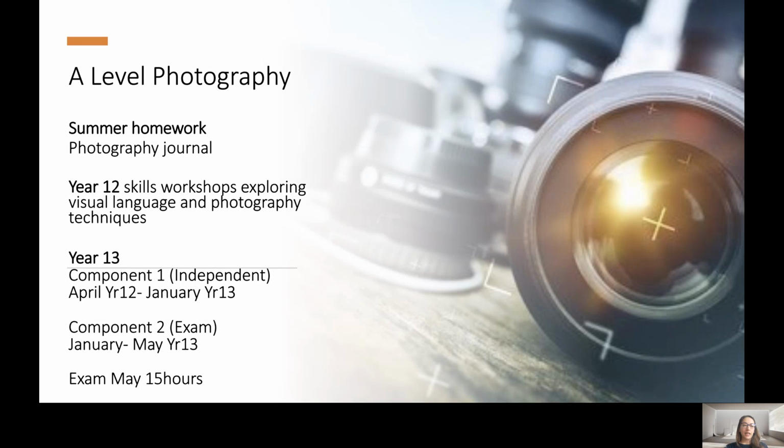And then again, moving into Year 13, there'll be two components, the independent component, component 1, and then the exam component, component 2, concluded with a 15-hour exam. For the photography A level, we would like students to have access to equipment. Predominantly, students will have access to mobile phones as opposed to SLR cameras, but they need to be able to explore aperture, digital manipulation through apps, digital manipulation through the actual software of the phone or camera itself,